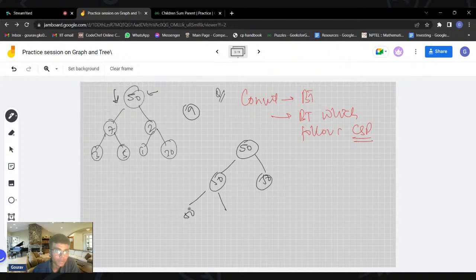So I make this equal to 50 and I again make this equal to 50. Same thing will go for this, it is 31. So 31 is again less than 50, so I will make this 50. I will make this 50. So I incremented all the values to 50.